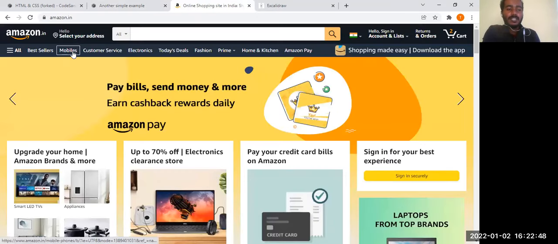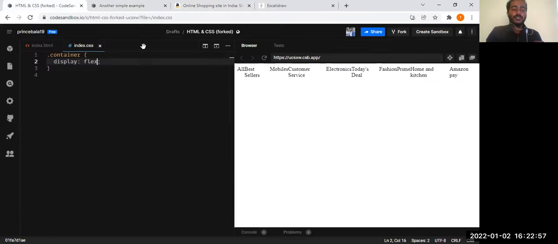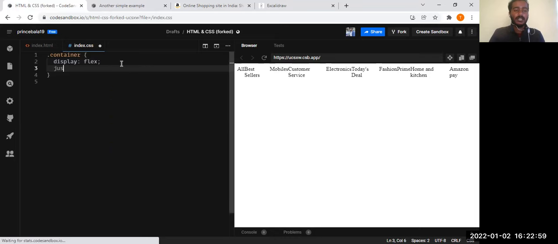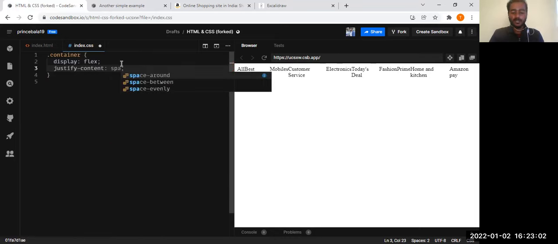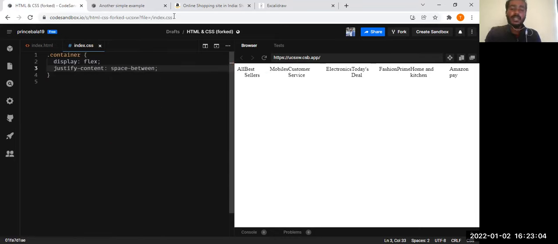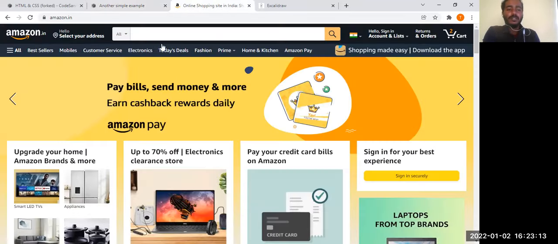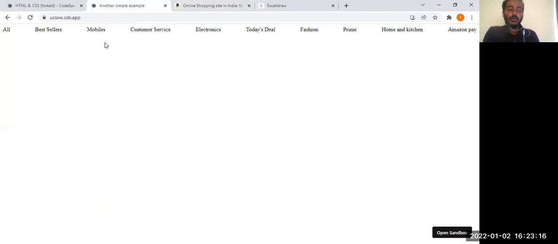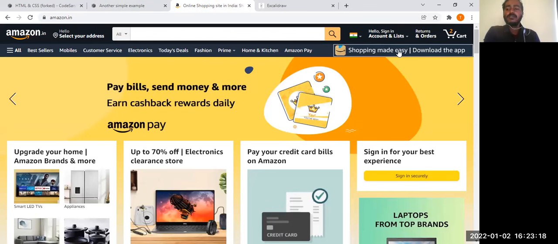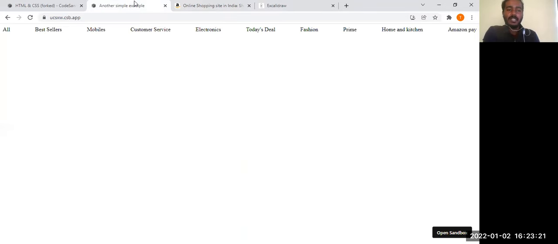But if you notice, there is an equal space between all of these divisions. So if you see, there is some space between each and everything. For that reason, I'm going to apply a justify content property, which is called space between. Why I'm using space between is because it is starting from here only. Okay, fine. So now if you see, the space here is more, but anyway, because we have to bring up this also in the same end, right? So as of now, let it be like that.